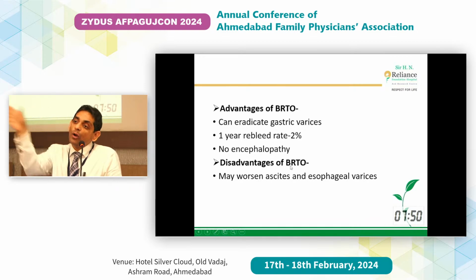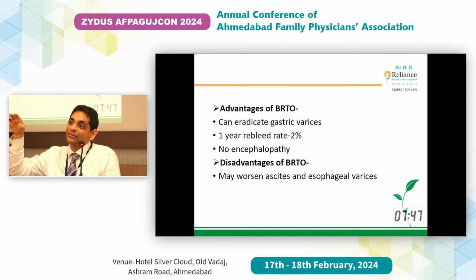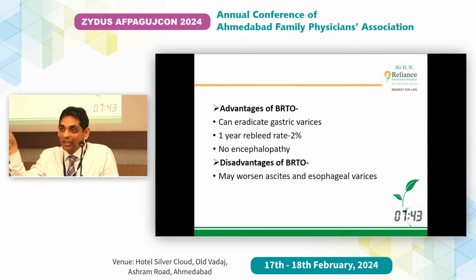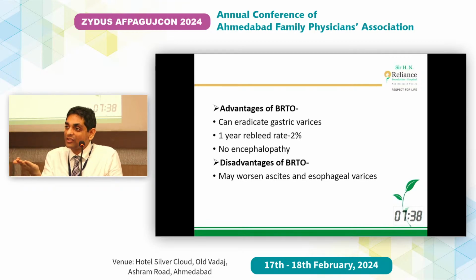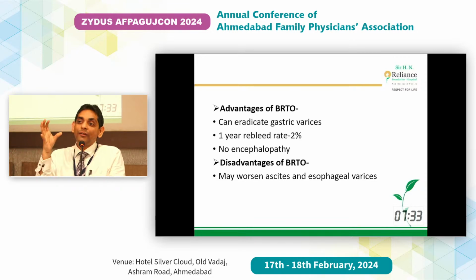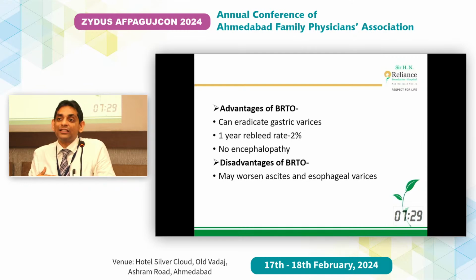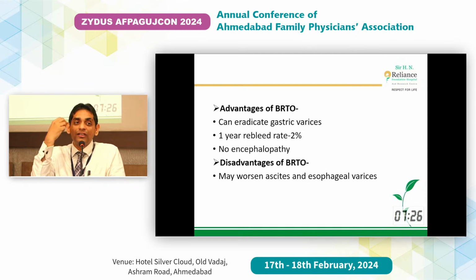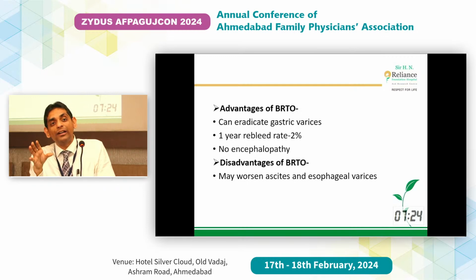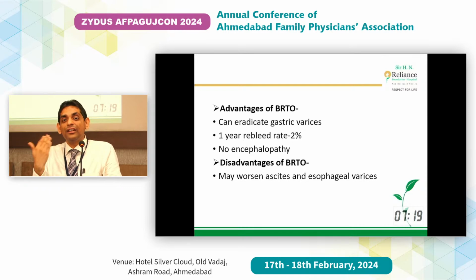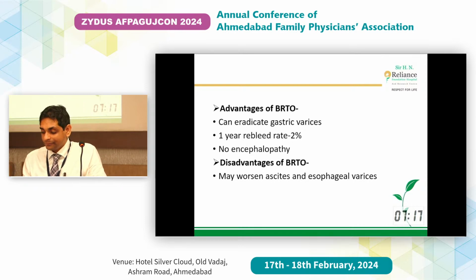But suppose if I block these varices, I am trying to tell the system that now blood has to pass through the stiff liver. So the blood which was going away from the liver, because that was God created shunts, but because patient was developing complications, we have tried to block them. Now blood will flow towards the liver. So when blood flows towards the liver, it can increase the risk of esophageal varices and ascites. So before doing this procedure, we will always do an endoscopy, try to obliterate the esophageal varices, and then plan for BRTO, so you don't increase the risk of esophageal bleed.